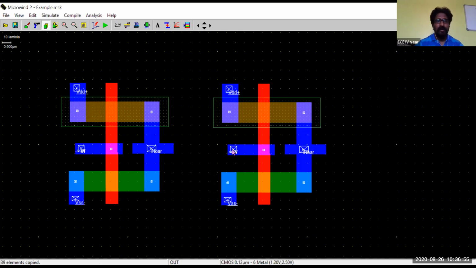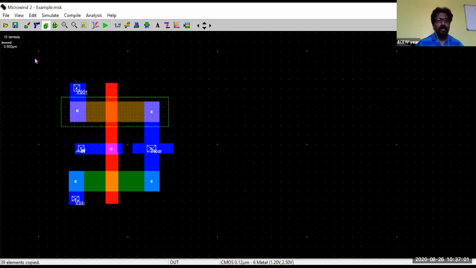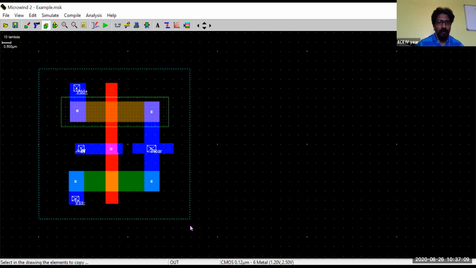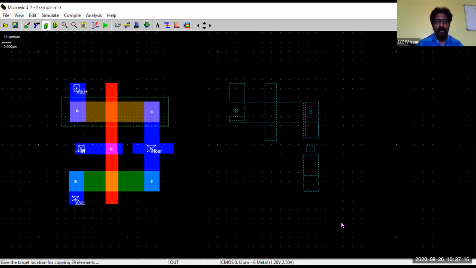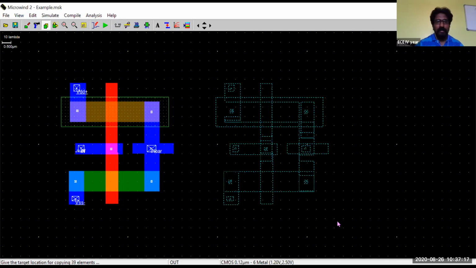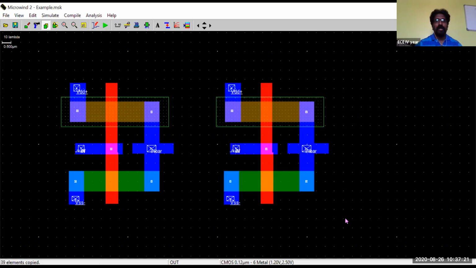So for that, what I have done actually, I'll go back and show it again. Edit, undo. First, I have clicked on this one. This is the option of copy elements. Then select the area which you want to copy. Copy that one, and then once you click, select that area, it will be copied and placed exactly just as the previous one. Yeah, now we have completed.